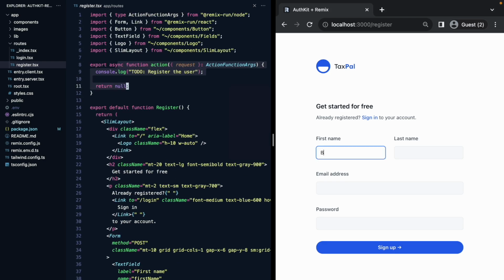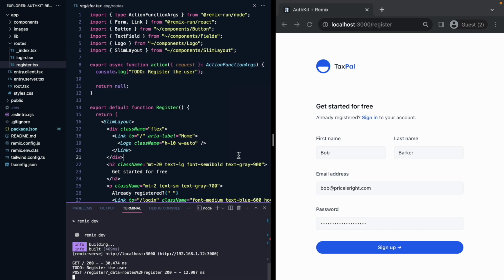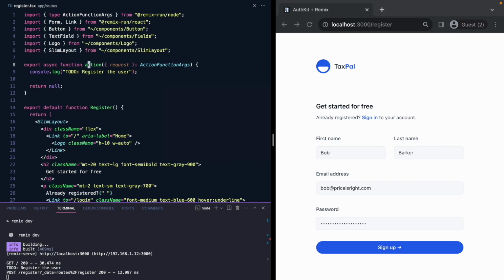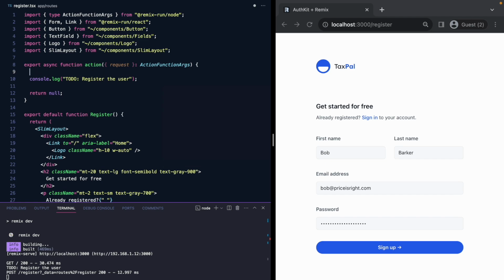So if we were to fill this out, Bob Barker, bob@priceisright.com, and paste in a password and hit sign up. Well, we don't see anything yet, but if we open the terminal, we'll see our console log right here: to do, register the user. So let's start by getting the form data from the request,